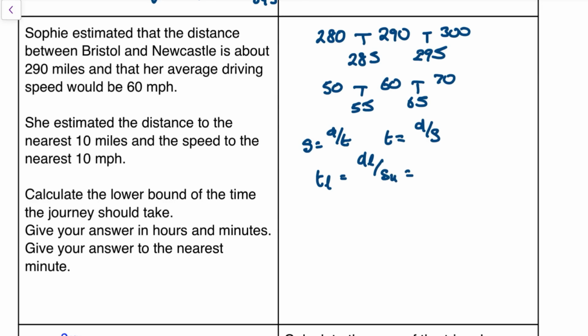So therefore it's going to be the lowest distance, which is 285, divided by the quickest speed, which is 65. Actually, just check my units here. So it's all in miles per hour, okay. So 285 over 65 is going to give me 285 over 65. It says 57 over 13 in my calculator, but I'm going to write down, just so you know what I'm doing,